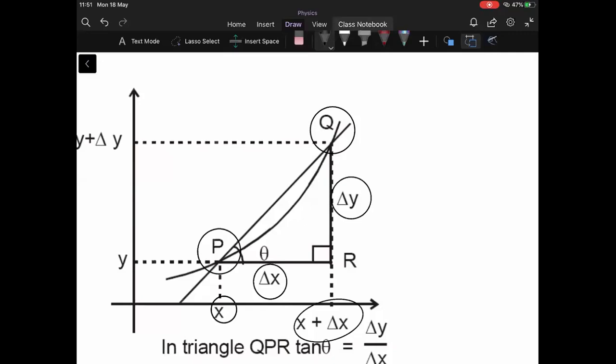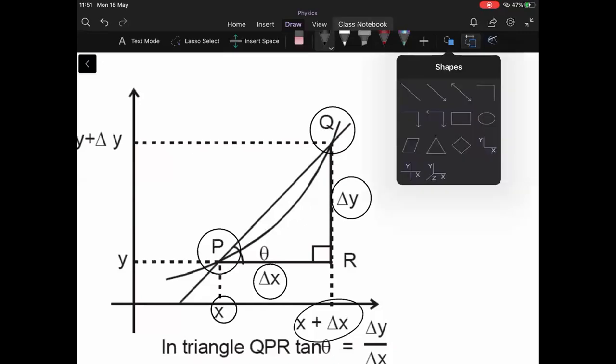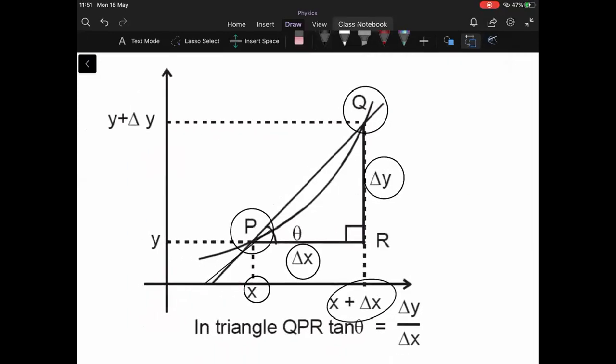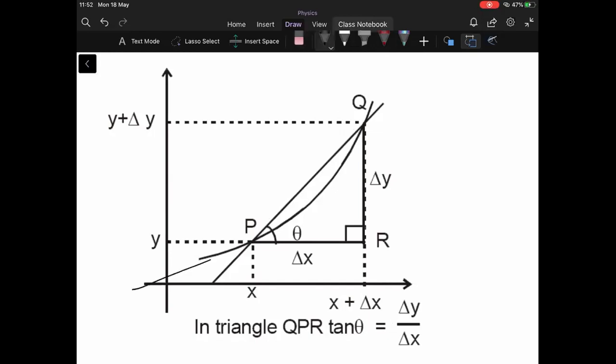But however, you can see that this slope is continuously changing. The slope here is different, here it is different. The slope is different at different locations. So there is a difference between the average slope and the instantaneous slope. In calculus, we try to find a mechanism wherein we can find out the exact slope at point P. Is it clear? So calculus makes it possible for you to find out the exact slope at point P.